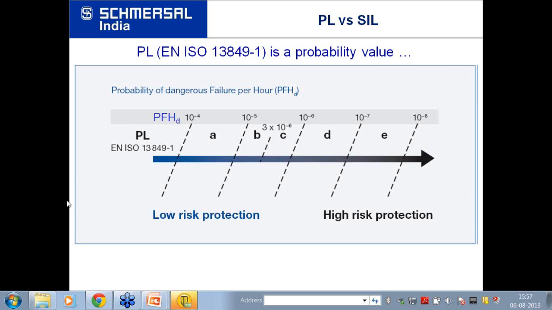Somebody has asked, Mr. Mukesh Kirar, what is the meaning of a safety PLC. A safety PLC is a normal PLC, but it has all those features like dual channel, redundancy, and internal diagnostics.